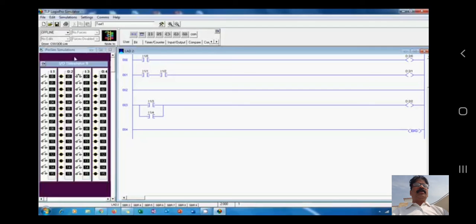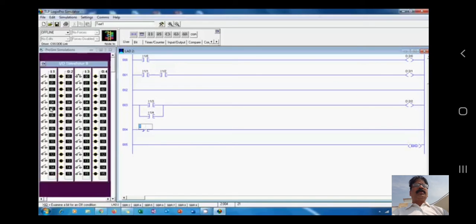Now we'll try to make one NOT gate. NOT gate is nothing but the NC switch. Go to the offline, select the NC switch, give the address.